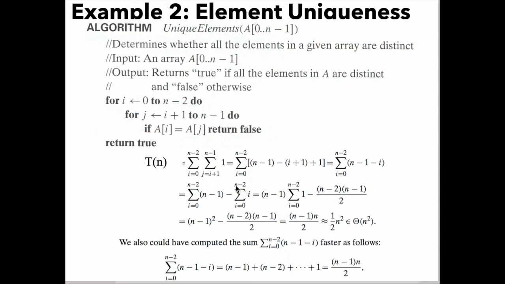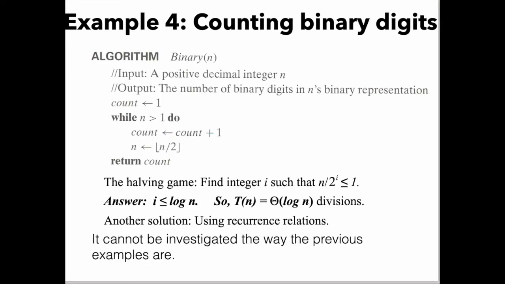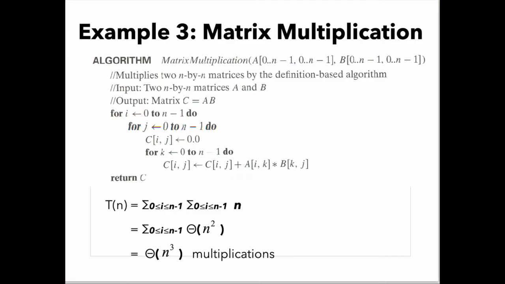Okay, by following the rules of algebra, we can obtain n minus 1 quantity times n over 2. This is approximately equal to 1 over 2 times n squared. That is in theta of n squared. Okay, so we have two more examples, one for matrix multiplication and another for counting binary digits. But basically, we will just use the steps we did for example 1 and example 2. So, I will leave it to you to compute the closed form for these